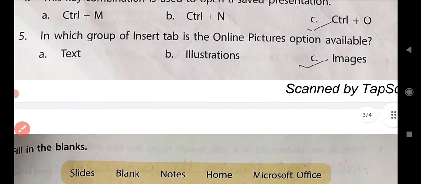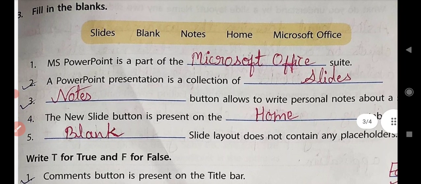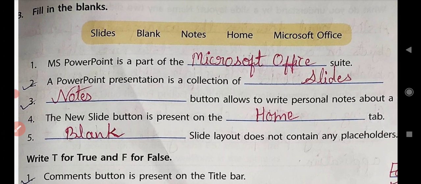Exercise C, fill in the blanks. The first one is: MS PowerPoint is a part of the dash suite. The answer is Microsoft Office.